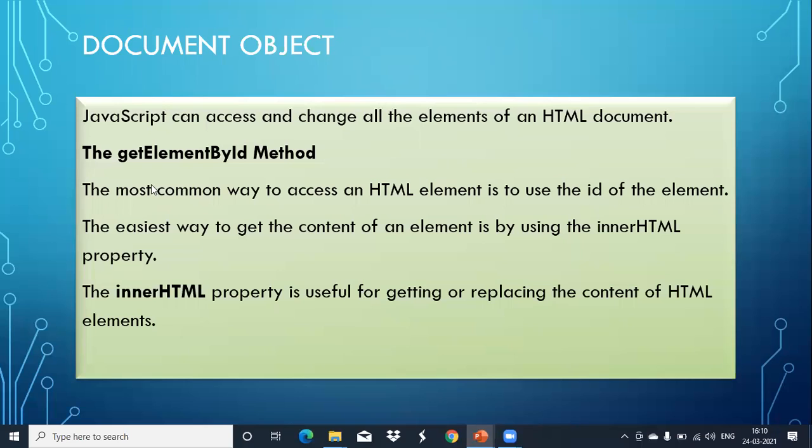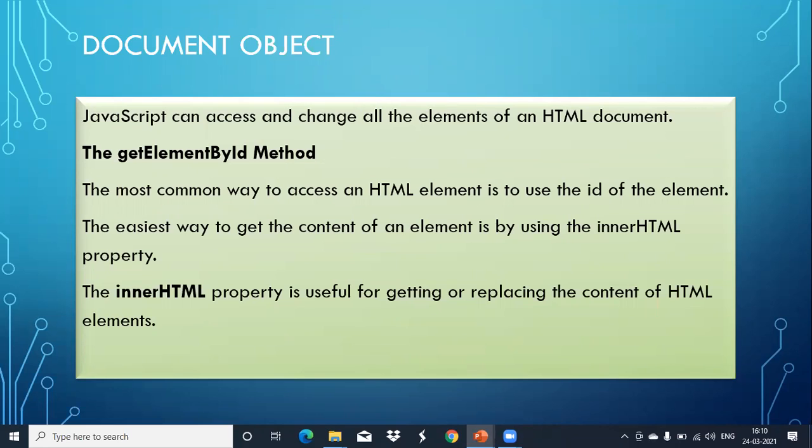So in that, the main important one is the getElementById method. And why we need this HTML document object? We can access all the HTML elements. Using this document object only, you are accessing your HTML elements, and you can change the value dynamically. Whatever you are creating using HTML, whatever messages you are printing using your heading tag, paragraphs, that is all in static form only. If you want to make changes to those HTML elements dynamically, then we can use this document object. In that, we have this important method, getElementById.